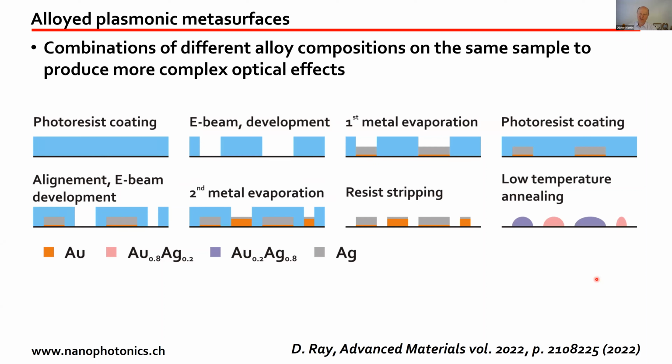And like that, we have a surface on which we have different nanostructures. In the context of metasurfaces, we call that meta-atoms, so the constituting components of the metasurface that have different compositions. So when we're going to illuminate them with light at a given wavelength, they will produce different phases. And that's the result. This is this metasurface.